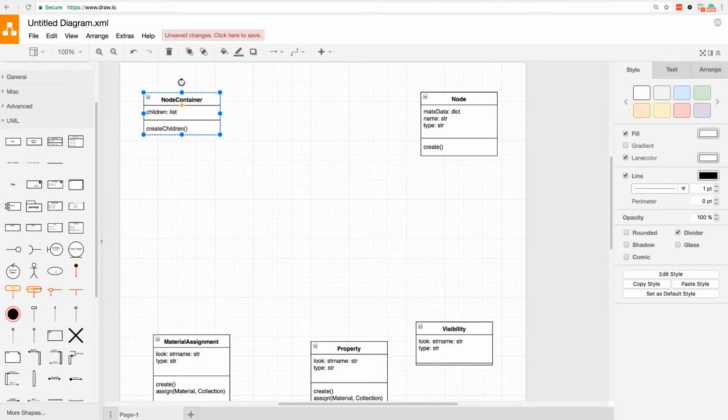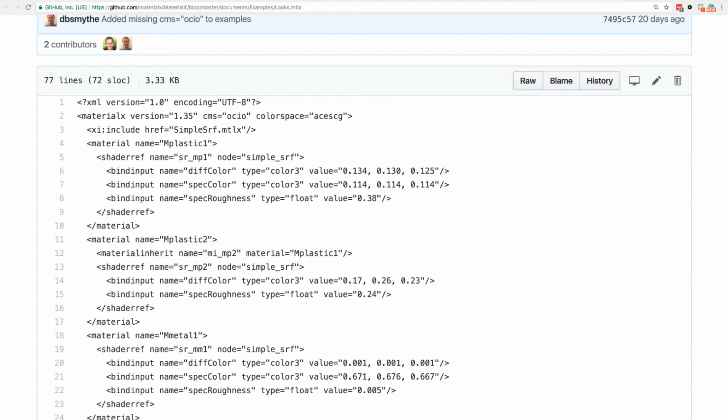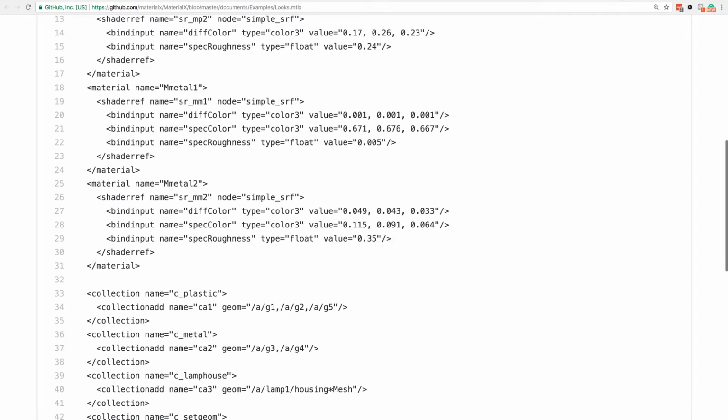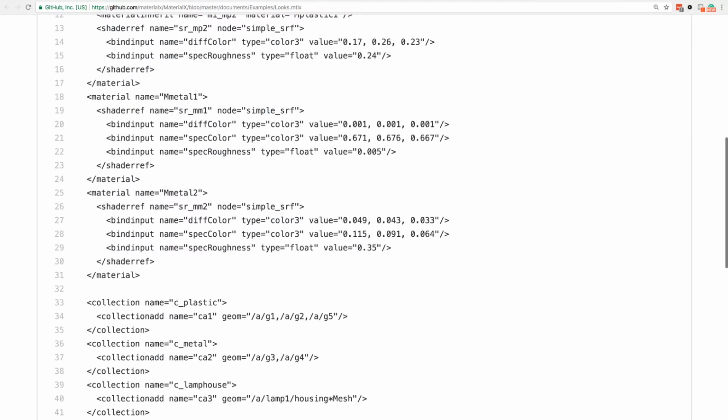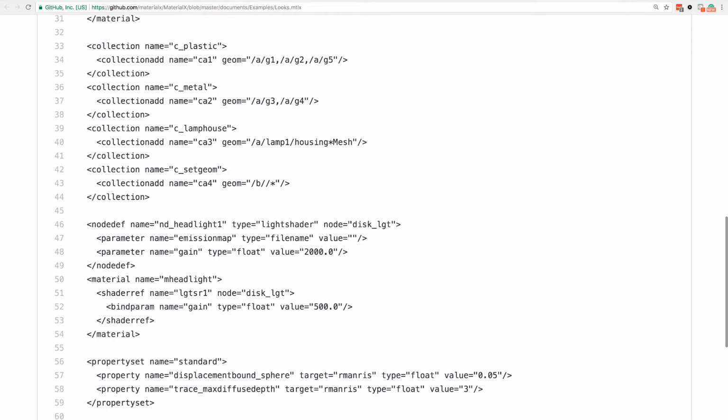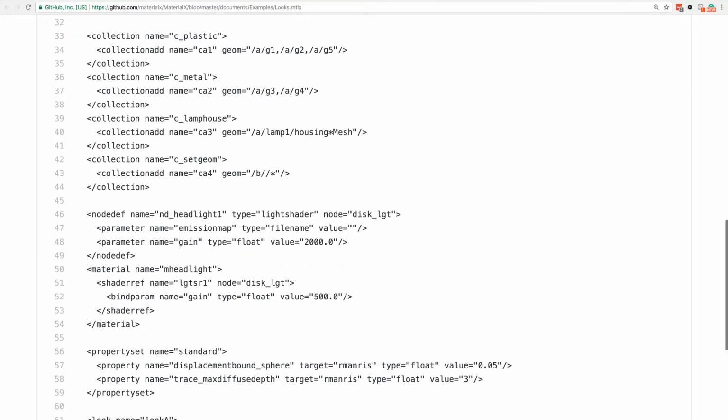So let's go back over here really quick, and I see here that we have this bind input, which basically creates an input for the object. It's not really connected to anything, but it is there. Let's see what we have here. We have node definitions.